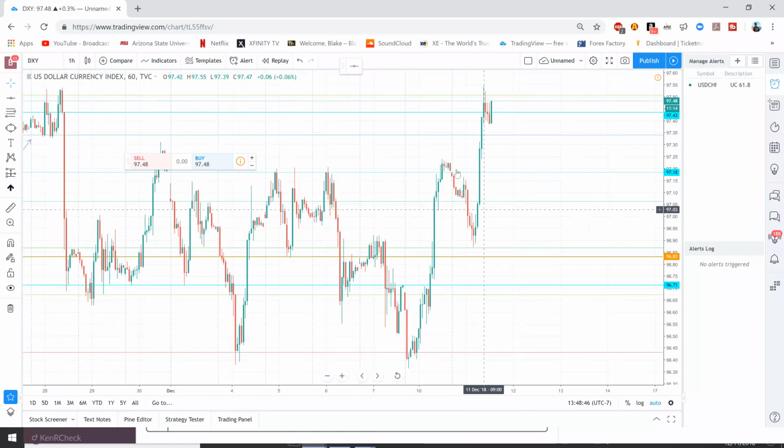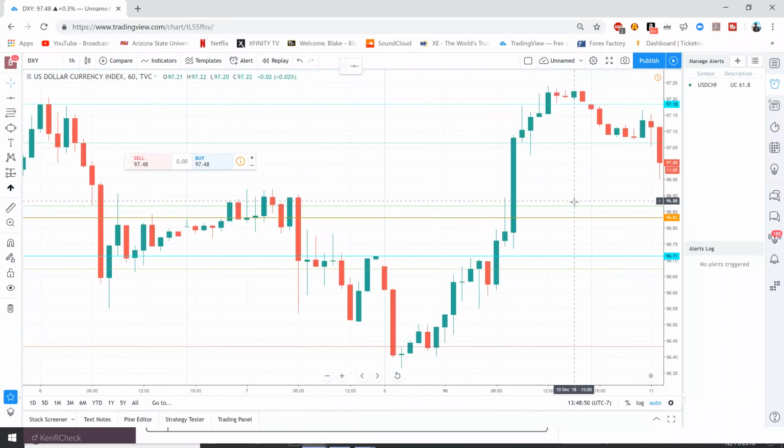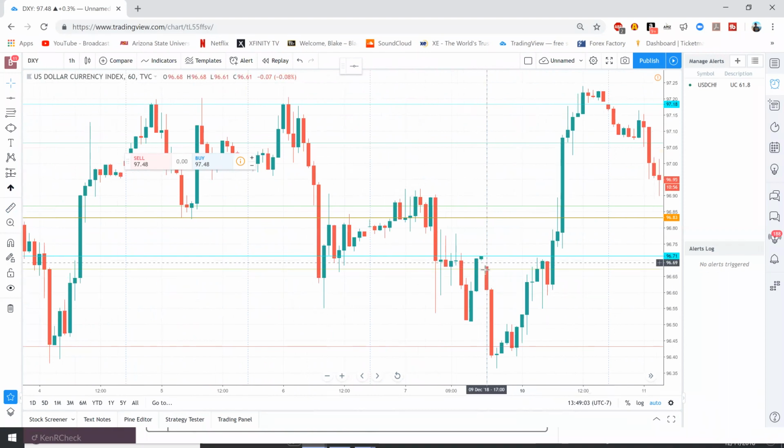It's kind of weird. It gapped through this level here. Look at that. There's a little gap right there. It's not huge, but just something kind of interesting. It's pretty rare. There's another one there. It's a little bigger, but